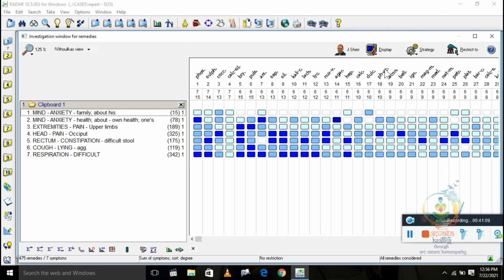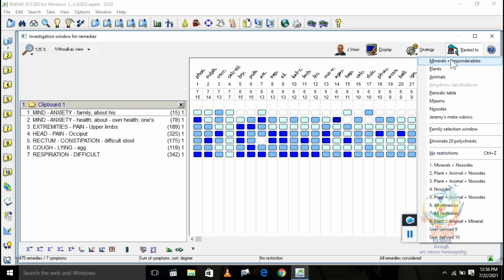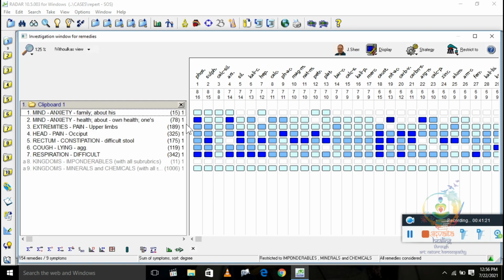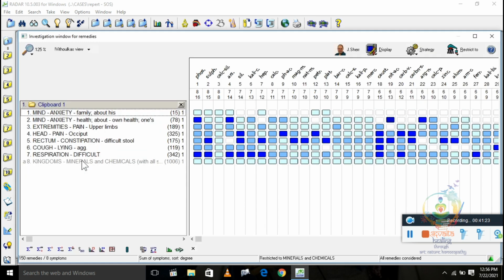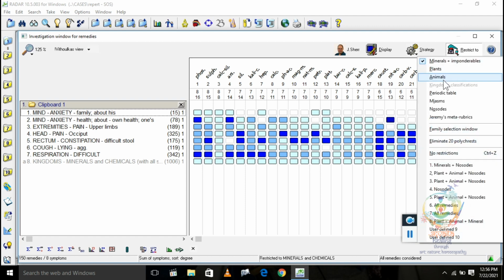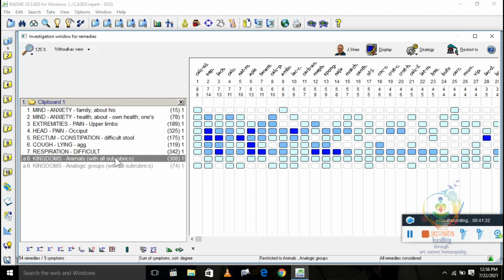So let's see, this is our repertorization chart. Now you want to see only mineral remedies, so you can click here, and you can see all the mineral remedies. Same way you can see plant and animal remedies.